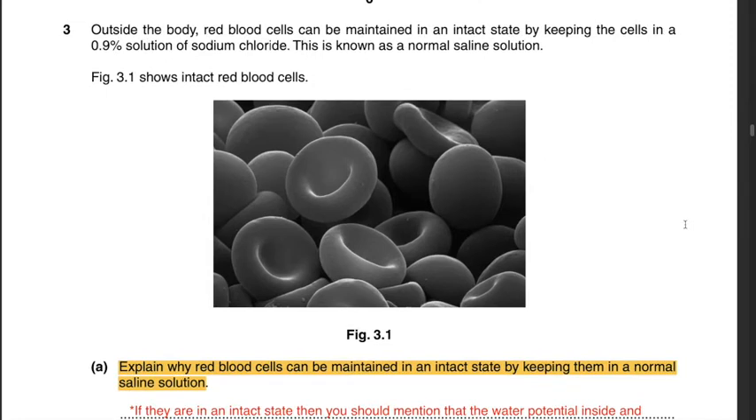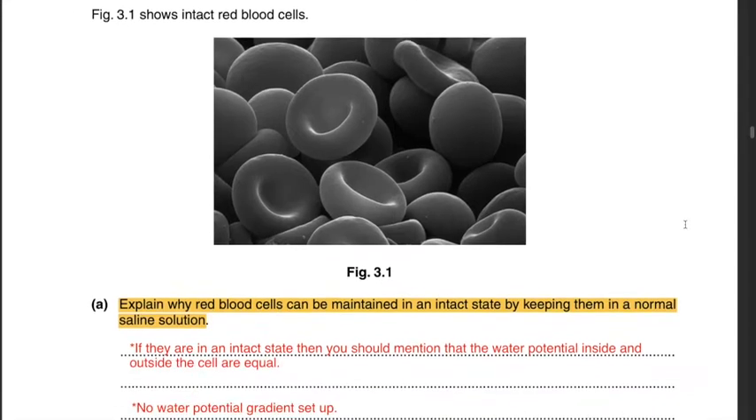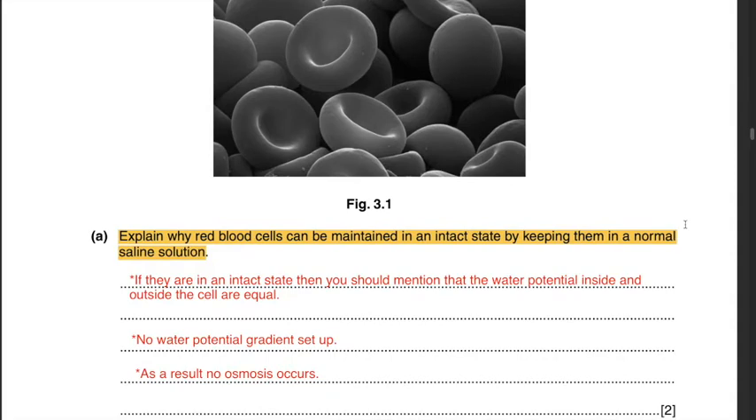Question 3. Outside the body, red blood cells can be maintained in an intact state by keeping the cells in a 0.9% solution of sodium chloride. This is known as a normal saline solution. Figure 3.1 shows intact red blood cells. Part A. Explain why red blood cells can be maintained in an intact state by keeping them in a normal